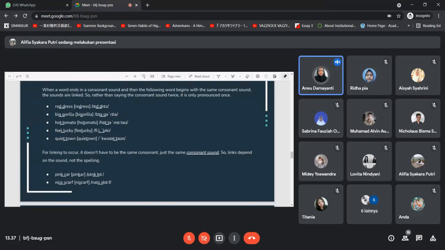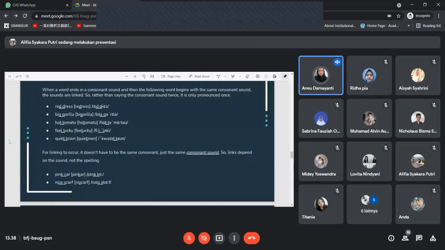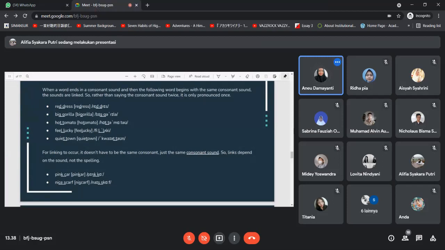Sama juga dengan contohnya nice scarf, itu kan sebenarnya dari kata nice itu diakhiri oleh CE dan kata scarf itu diawali oleh S. Tapi kalau dalam transcriptionnya sama-sama diakhiri dan diawali oleh konsonan sah. Jadi walaupun spellingnya berbeda, tapi kalau soundnya sama, itu mereka itu bisa di link. Gitu. Selanjutnya,